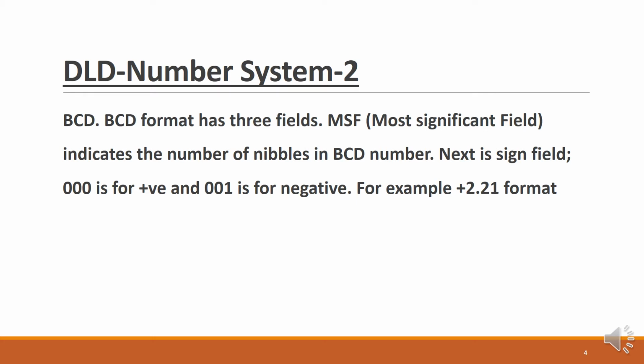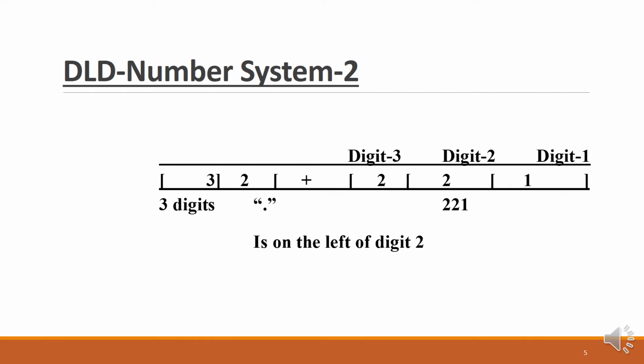Next is obviously the sign field, and with the sign field we use 00 for positive, and 000 and 001 for negative. Now let's see, for example, the plus 221 format. Now if you see the diagram,